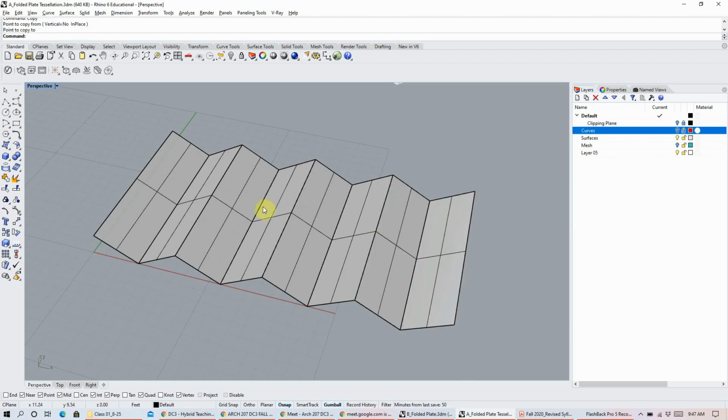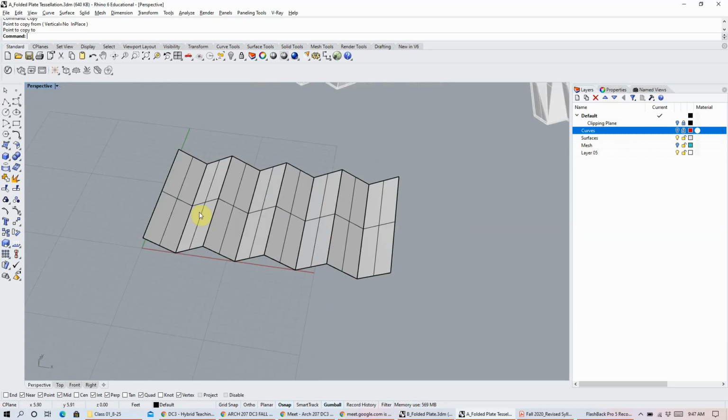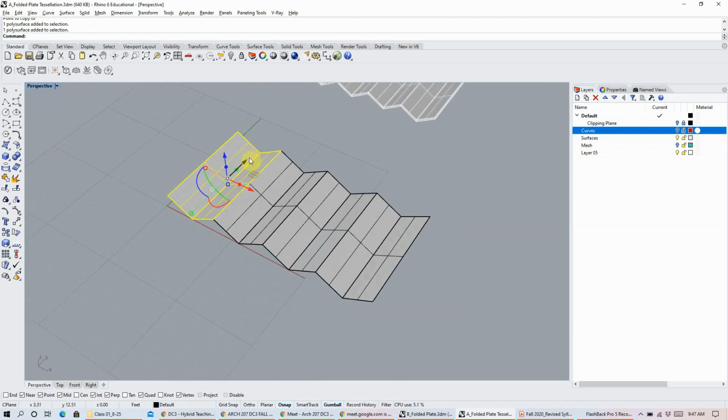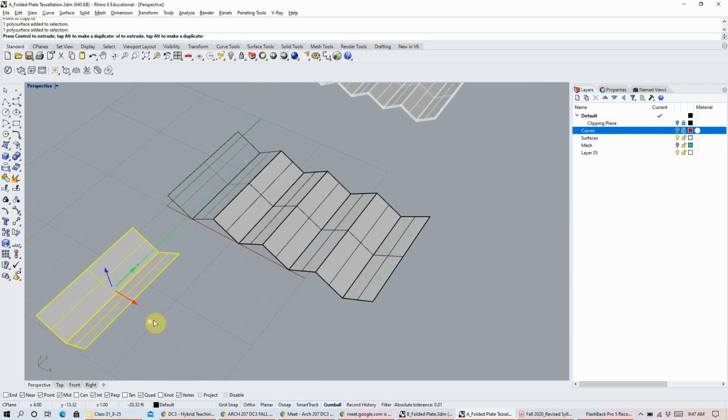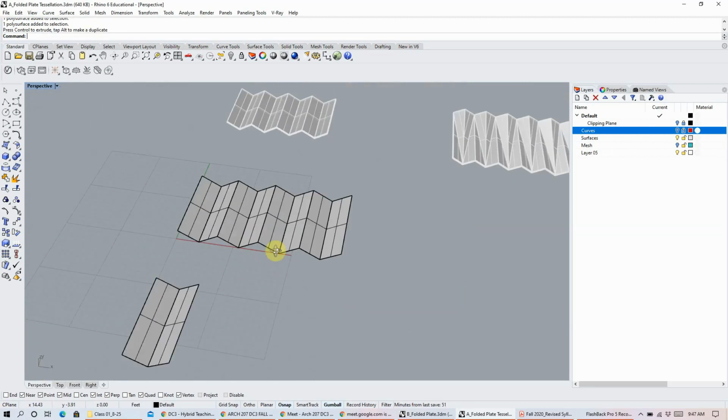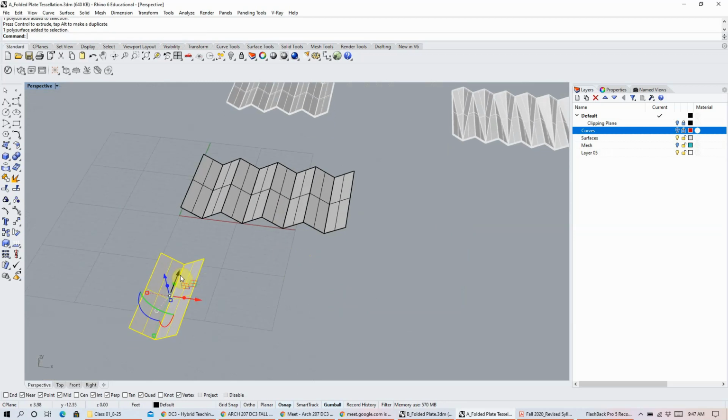Okay, and that's important for this next part. Actually, no, we're going to try this. So I showed you copy and paste. Now I'm also going to hold Alt and copy one of these over so that I can also show you array. Okay, so copy and paste was one way that we can create a folded plate structure, but if we do array